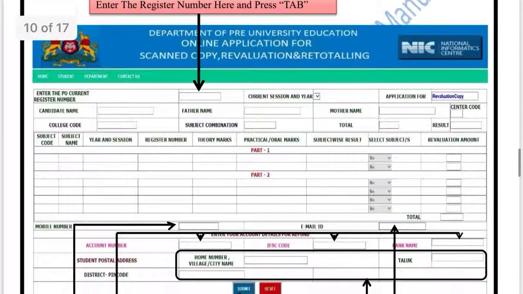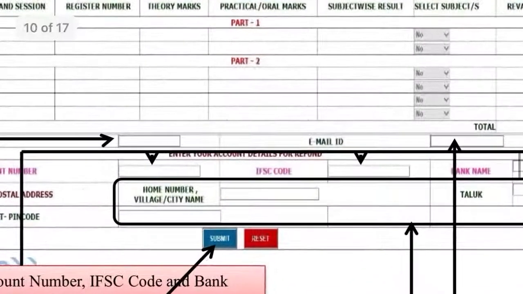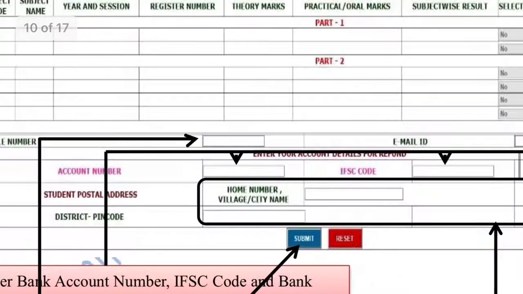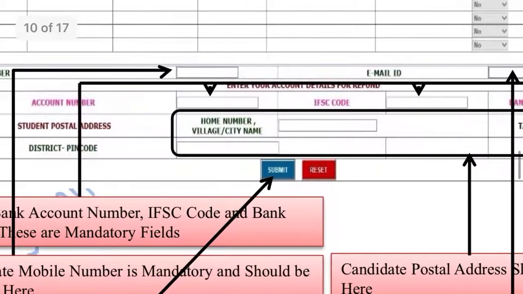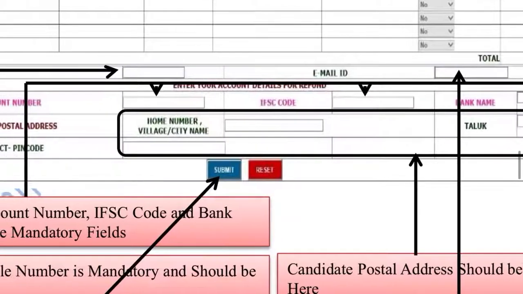Once it is done, you need to fill your mobile number, email address, house address, bank details and click on submit.